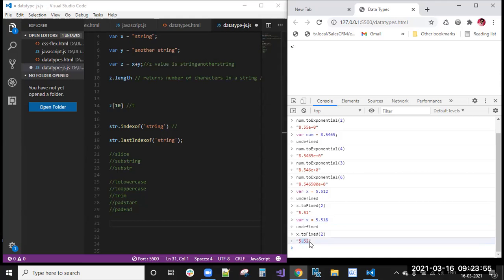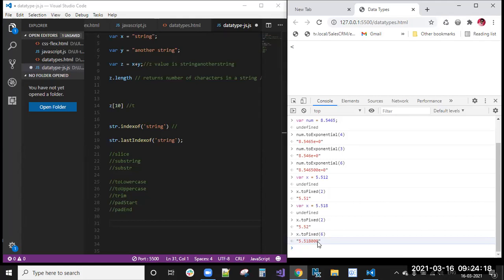Then it is converted to 5.520, meaning 5.52. Okay, this is toFixed. And if instead of two you want six, similarly it keeps the three and the remaining three, it adds triple zero.